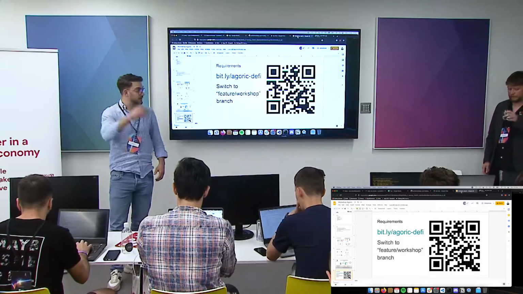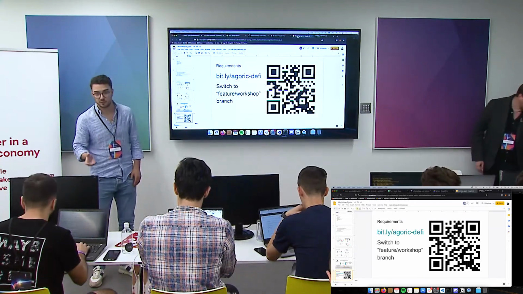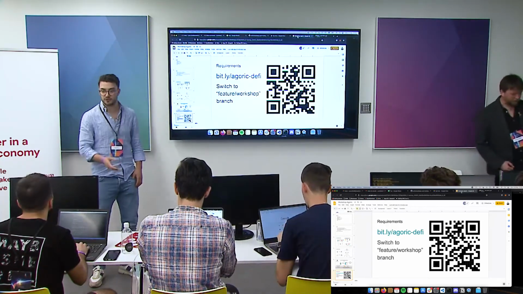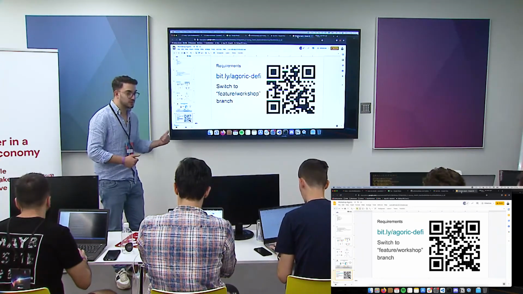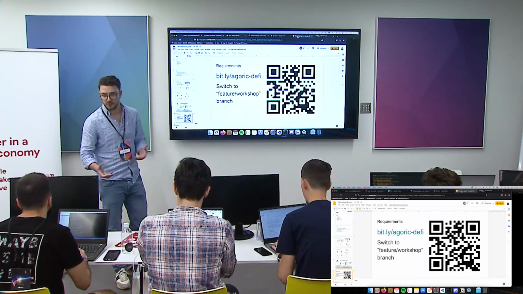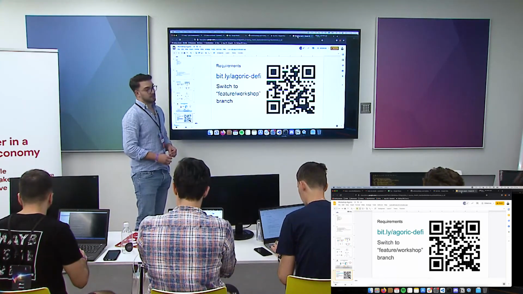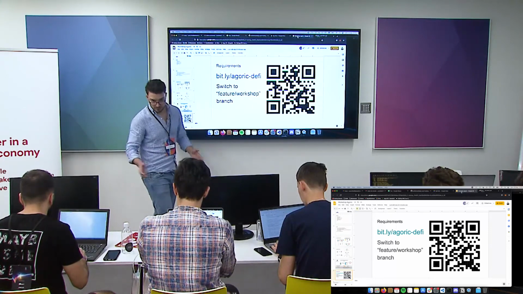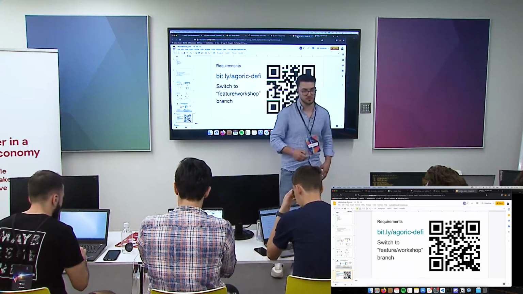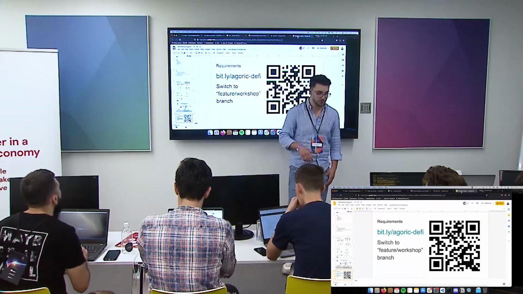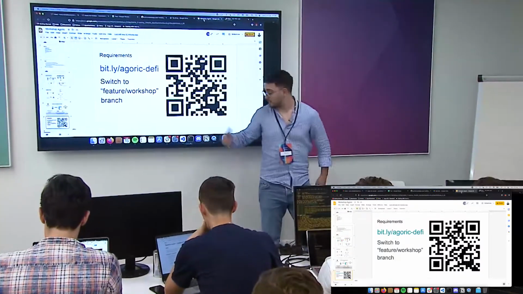There are, as Alex said, some instructions here for you to follow. Basically, the most annoying part is that we have to use a different version of the Agoric SDK, because the last one introduced some changes that our code still doesn't comply with. Yeah, so that will be the highest pain, but afterwards you just need to clone the repo, and we are good to go. You can do that while I talk. I'll just present